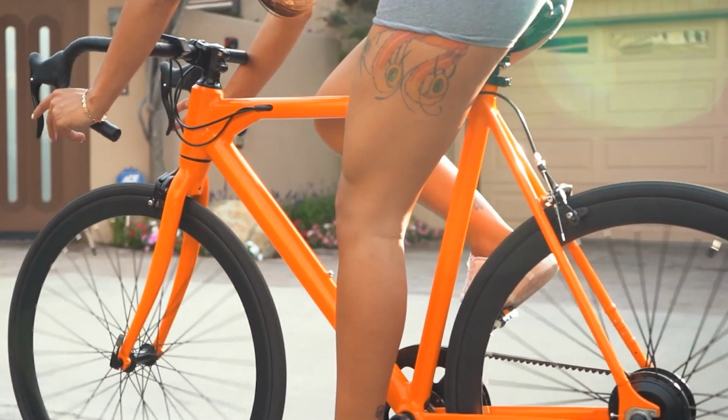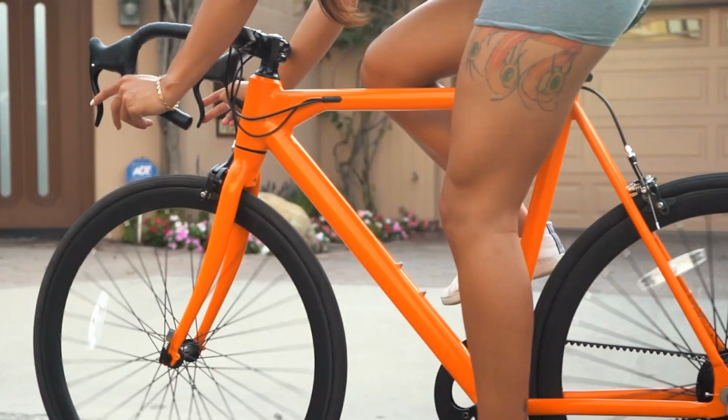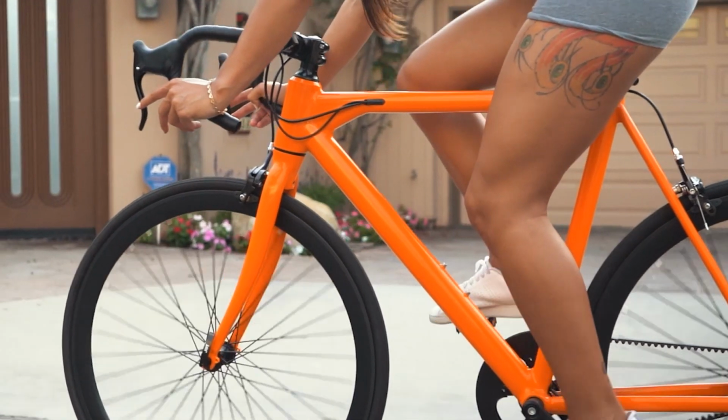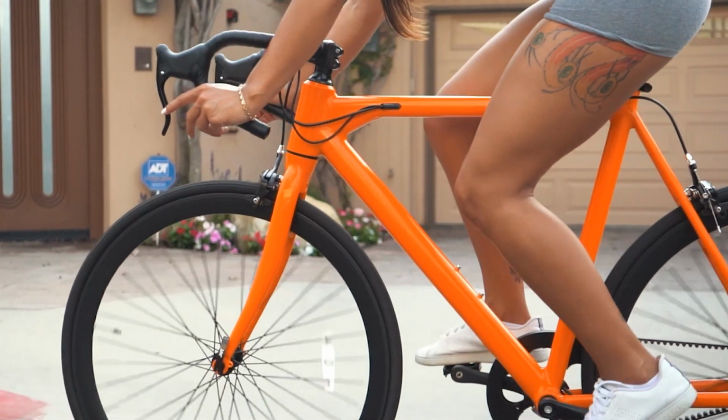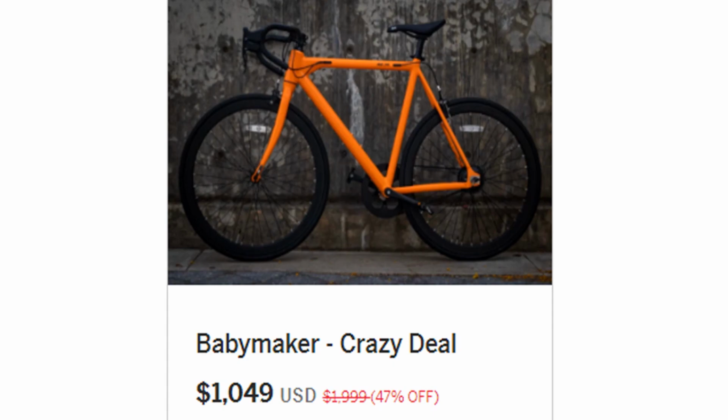Speaking of more money in your wallet, let's talk about how much this bike costs. It looks like they currently have two models available, the Baby Maker and the Baby Maker Pro. Both of these models are currently on sale 45%, with the Baby Maker costing $1,049 and the Baby Maker Pro costing